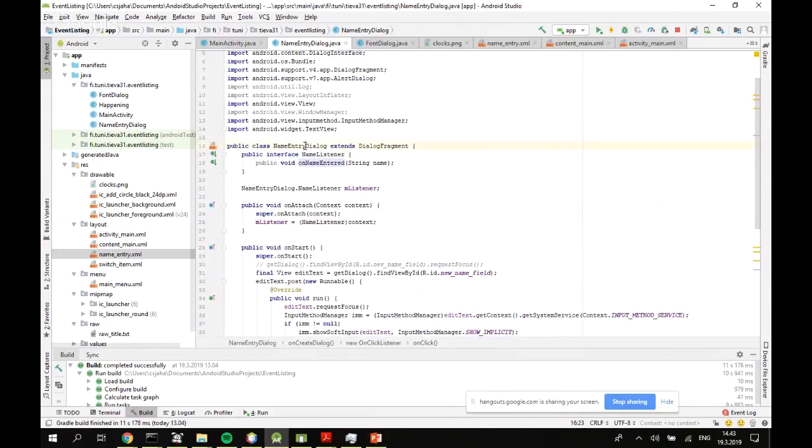So this NameEntryDialog defines an interface. I called it nameListener, and it has one method onNameEntered. I have one variable mListener here. It's, well, again, maybe not the best possible name, which is an instance of this nameListener. And then here onAttach, I just take the context given. So basically, this is the parent activity, and I assume that it implements this nameListener interface defined here. And if we look at the main activity,